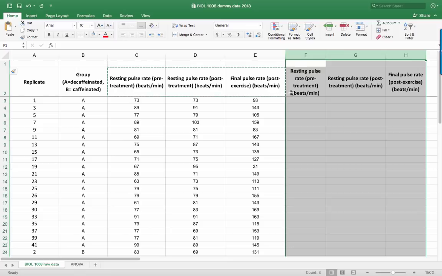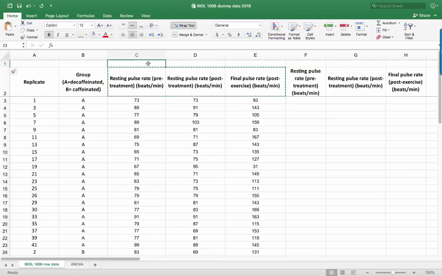Just to make things neat, I'm going to merge the cells from C1 to E1, and under the Home ribbon, you can select Merge and Center. I'll then type in, well, I could say Group A, but then this was just a label that we used in the study because it was a blind test. When you talk about your treatments in your